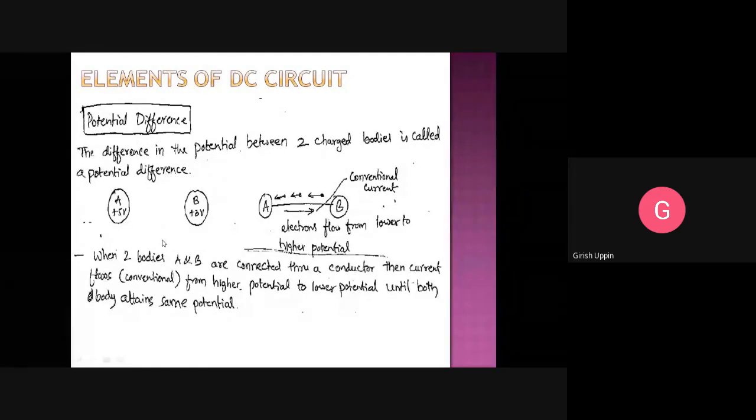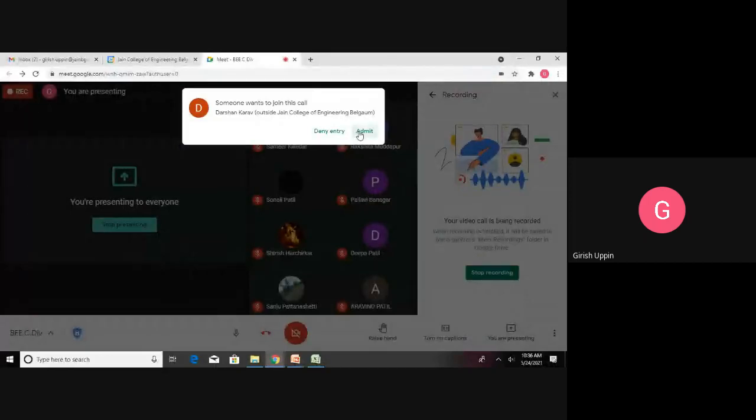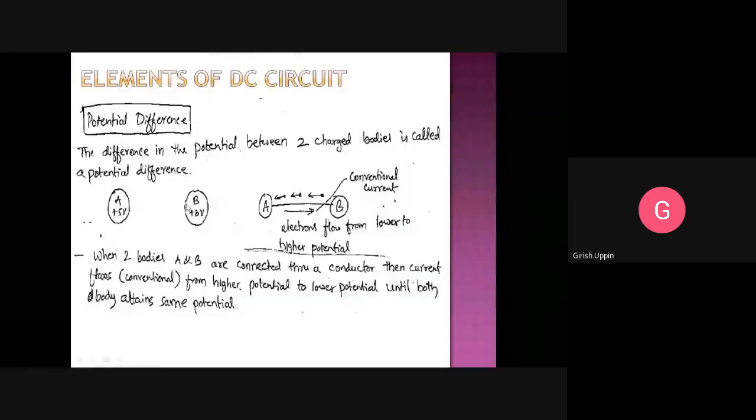Volts is the unit. And we have to understand when the electrical current will flow: whenever there is a potential difference. This is very, very important. Only when there is a potential difference will the electricity flow. And in which direction will the electricity flow? It will flow from the higher potential to the lower potential. If I connect these two bodies, definitely there exists a potential difference. How much is the potential difference? VAB is equal to 5 minus 3, that is 2 volt. Since there is a potential difference, current will flow. In which direction will the current flow? From higher potential to lower potential. That is the conventional direction of the current.